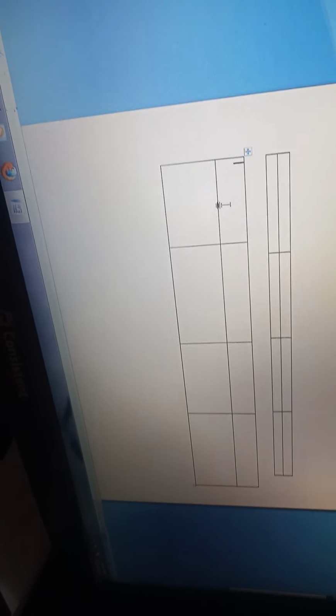Now the second question is how to enter data in this table. Click where you want to enter the data. As the cursor is here, we will enter here only. Then next. Similarly, in the above inserted table we can also enter data in the same manner. Here our 2 questions have been completed.